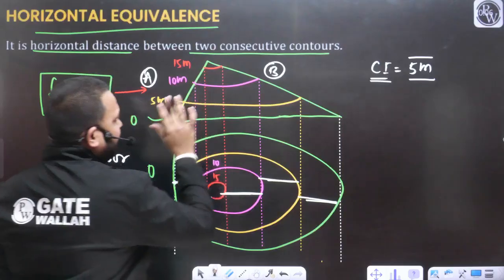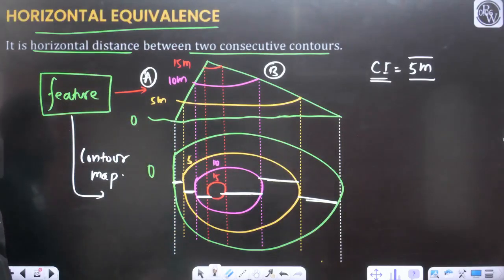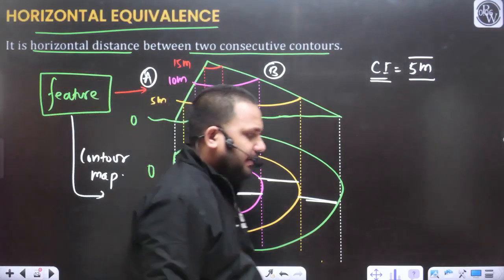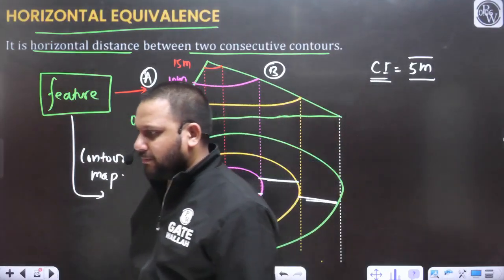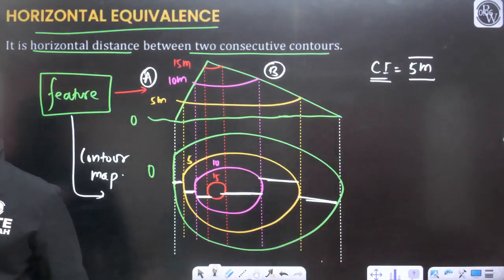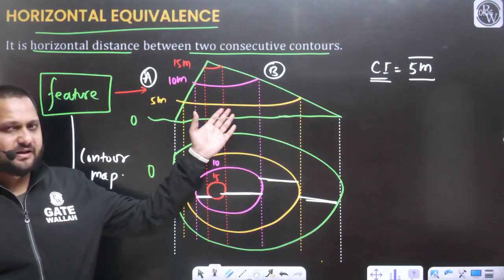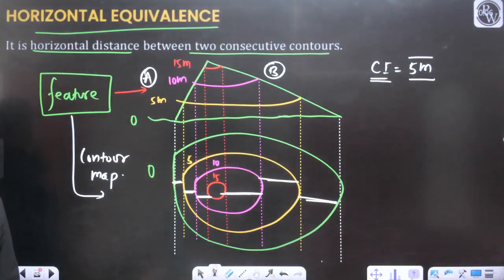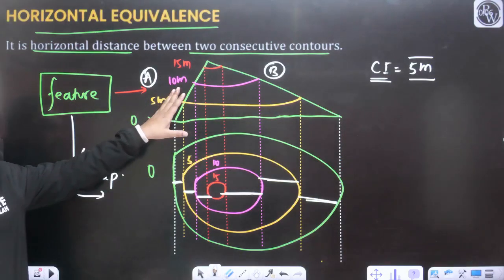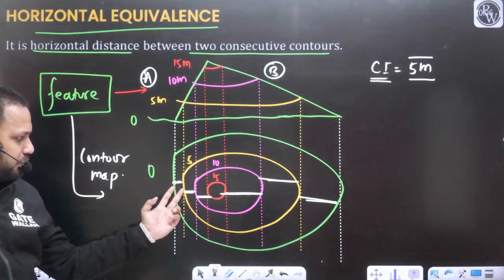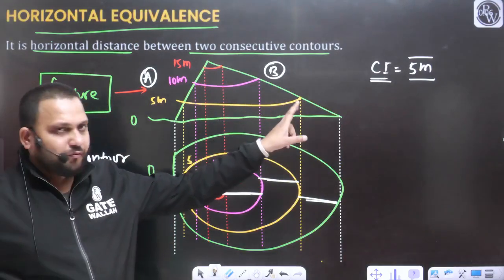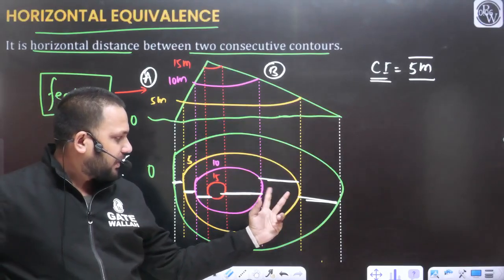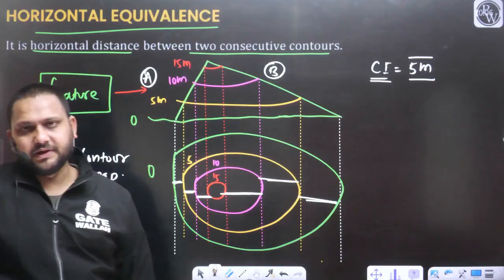Which line has the steep slope, A or B? Slope will be more in the case of line A or line B? The slope is going to be more for line A as compared to line B, which we can clearly say just by observing this figure, yes or no. So for the steep slope, the contours are close to each other. When you draw the contours for the mild slope, the contours are distant, yes or no.